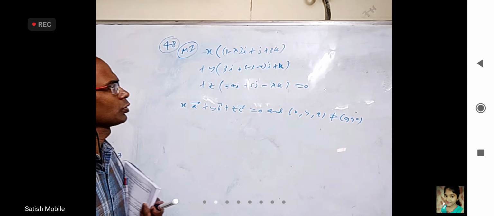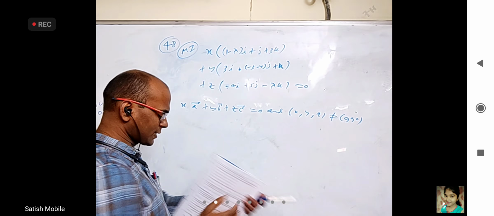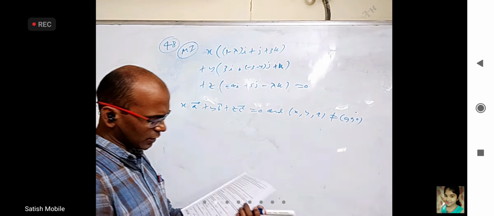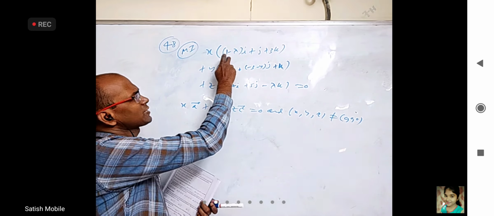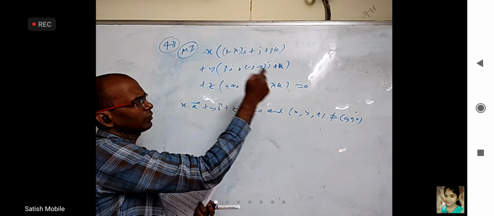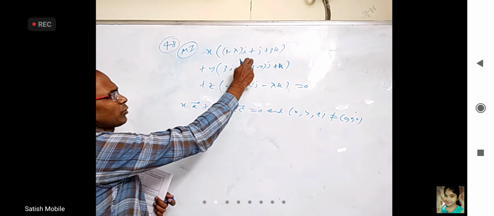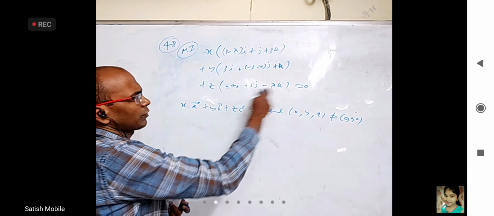Okay. So in the question we have on the right side lambda times xi plus yj plus zk. I brought it to LHS. Wherever x is there, I inserted it here. Wherever y is there, I kept it here. Wherever z is there, I kept it here. Now it looks like x into one vector, y into one vector, z into one vector is equal to 0